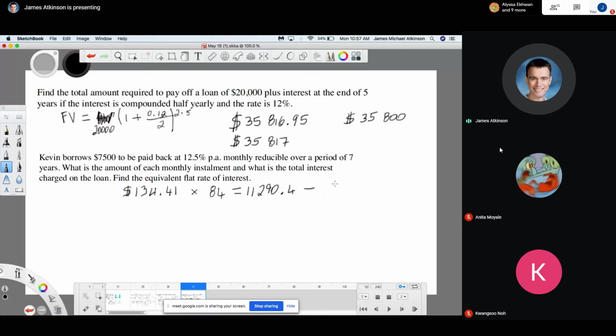And of course, we had originally borrowed 7,500. So how much is Kevin paying in interest? When we do the subtraction,